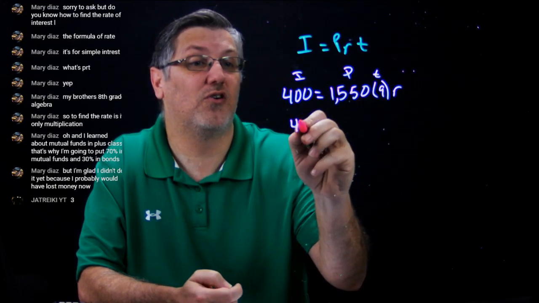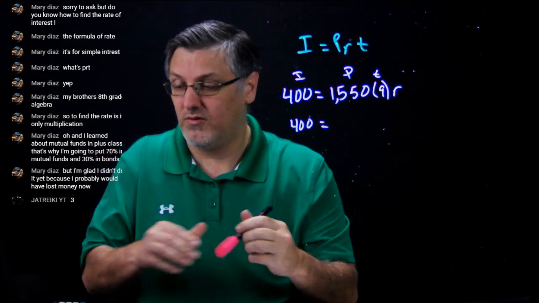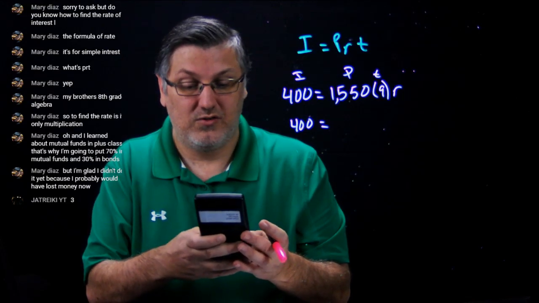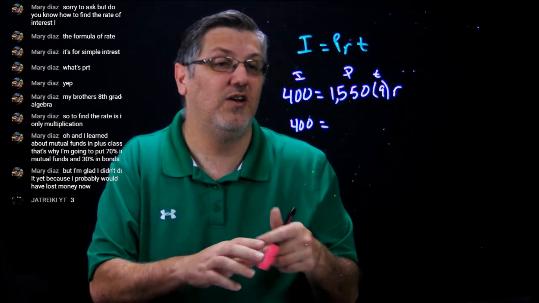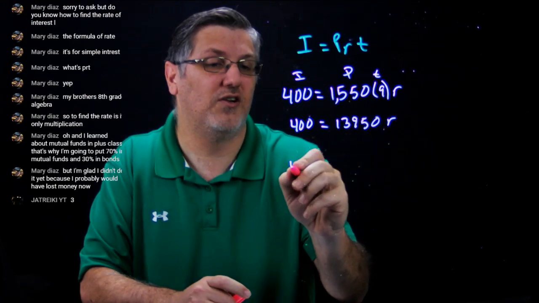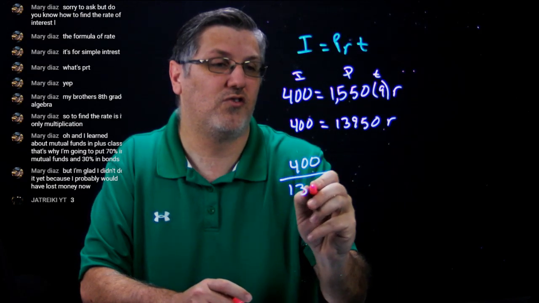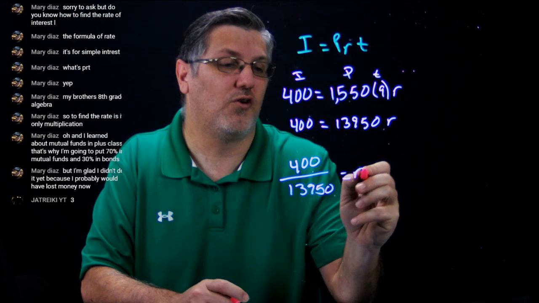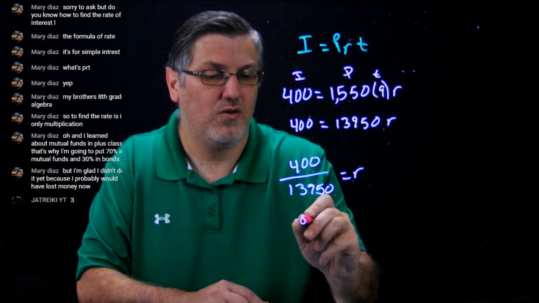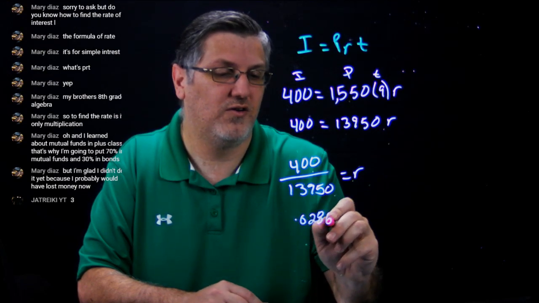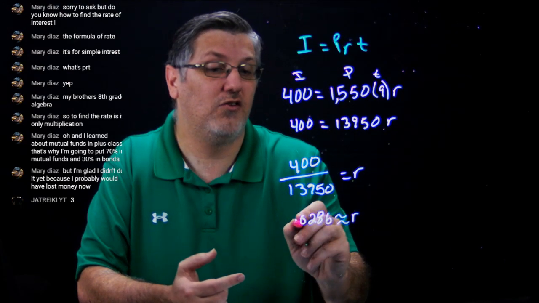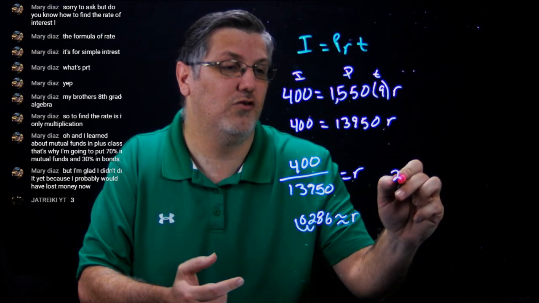Well, we've got to clean this up first. 400 equals 1,550 times 9, 13,950, times R. Divide both sides, and I get 400 divided by 13,950 equals R, which will give me a decimal. 0.0286 roughly is approximately your R. Convert that to a percent, means you're going to move your decimal 2 places, and you get 2.8